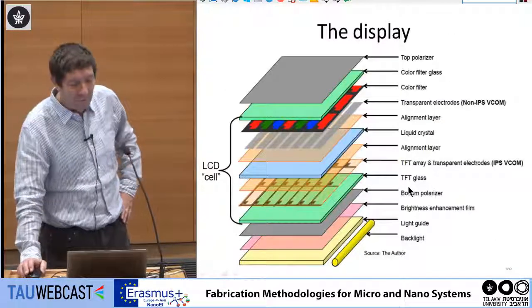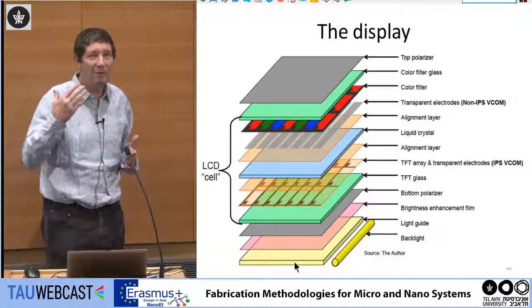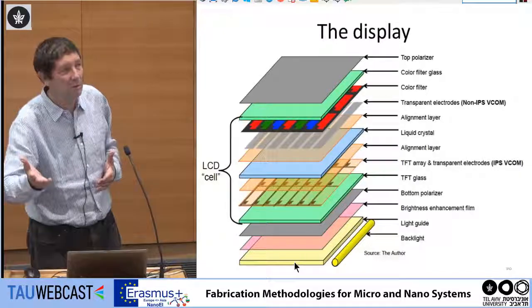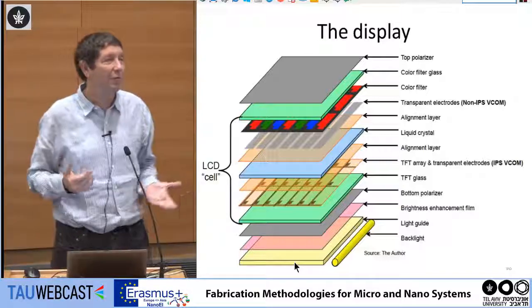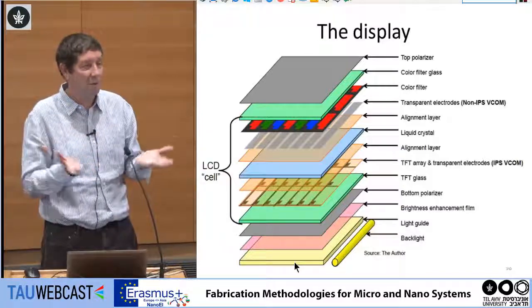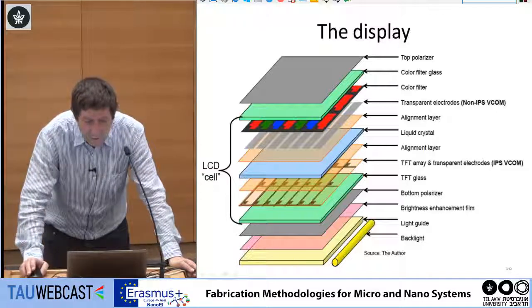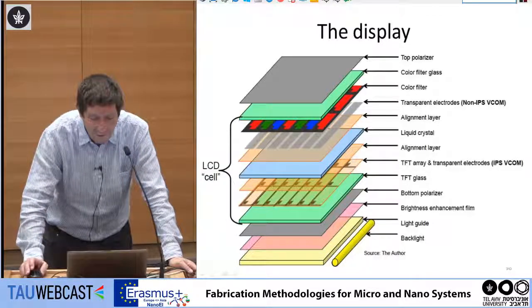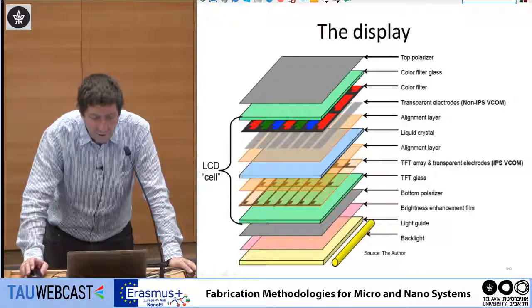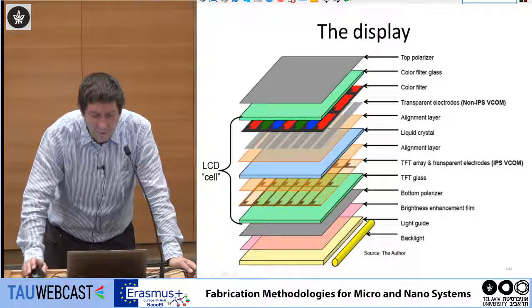The display itself, if you think about it, I gave you the outline of how to make the conductors. The insulator, you can guess, we can make it from polymers or chemical vapor deposition, but under it, there is the screen. You have the backlight and the light guide on the backside, and then you have the brightness enhancement film and the bottom polarizer, the TFT glass, the TFT array, the thin film transistor array, alignment layer, the liquid crystal here, another alignment layer, transparent electrodes,